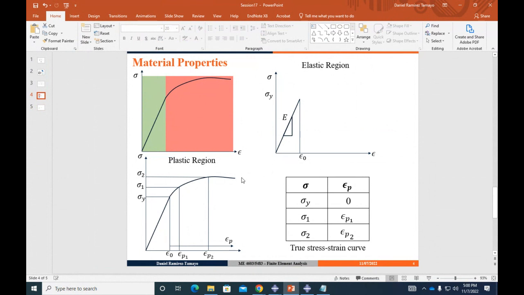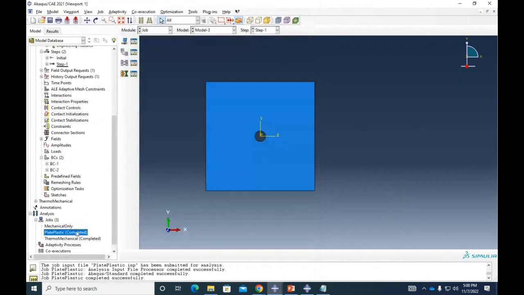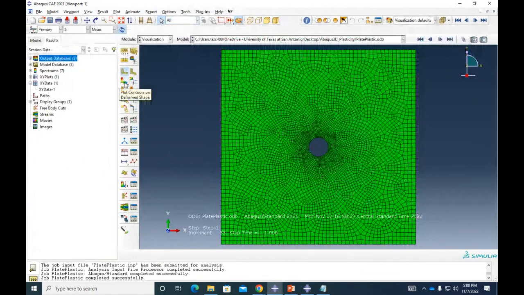Abaqus is super smart. So Abaqus knows how to break and converge super quickly. For some problems, it doesn't work like that, and then you have to tell Abaqus how to break the load. But for these simple, complicated, simple cases that we are covering in here, you can let Abaqus take all the credit, all right? So right now, completed, right? This one in here, the frequency here means that 100% of the load has been applied, all right? So let's take a look at those results. Don't get scared. This is going to look ugly.